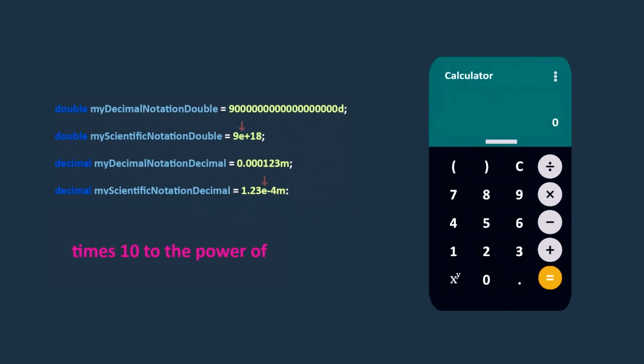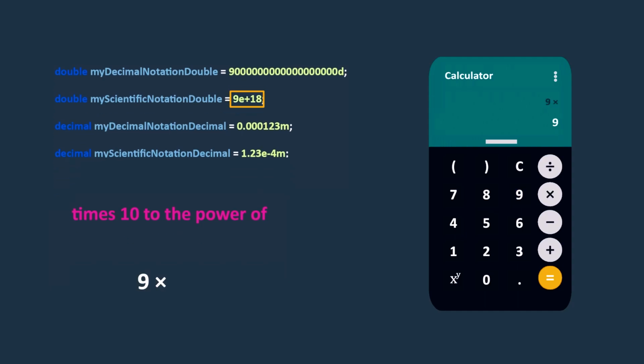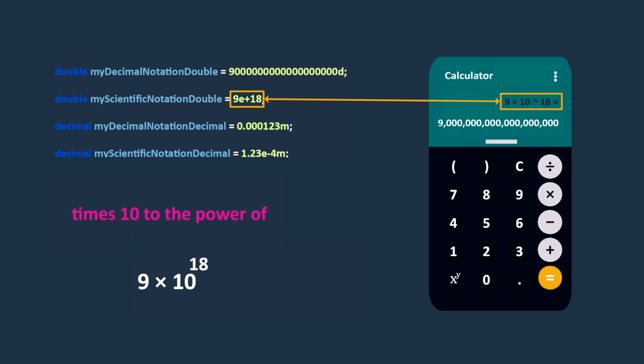First, you need to know that the e in the scientific notation stands for times 10 to the power of. So, the 9e plus 18 means 9 times 10 to the power of 18. And this number can be written as this number. So, as you can see, these two numbers are equal.